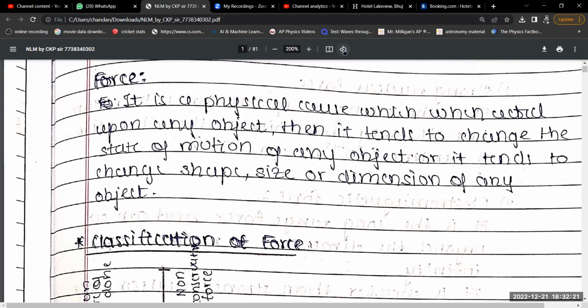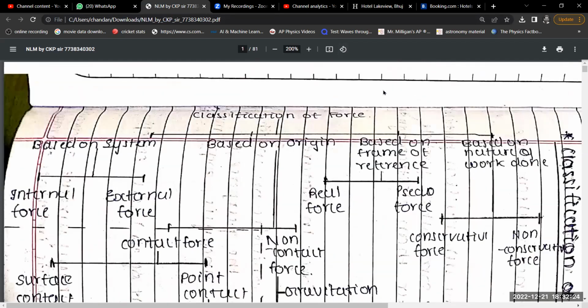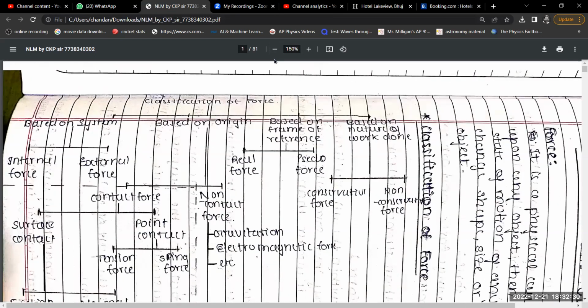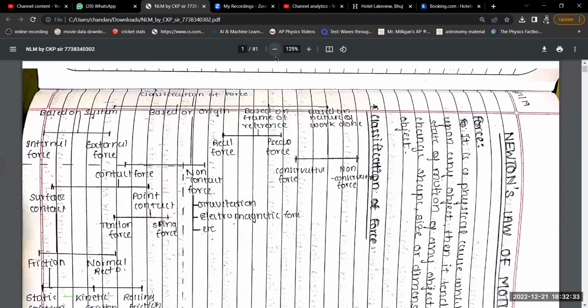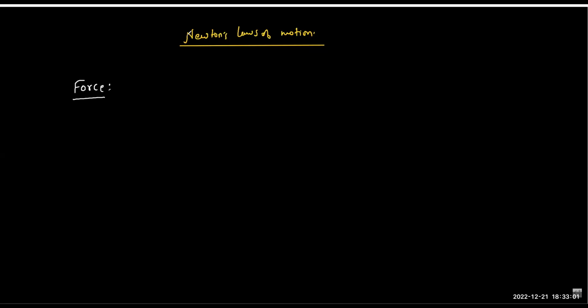Okay, so after that, we need to know something more. So we'll talk about the classification of force. Force is classified into a variety of categories. There are many ways in which you can explain force. And these are all a matter of convenience, to classify force in a way which makes the study of force a really easy job. So what I'll do is I'll draw this again for you. It will give you some more perspective. I think the force definition is clear.